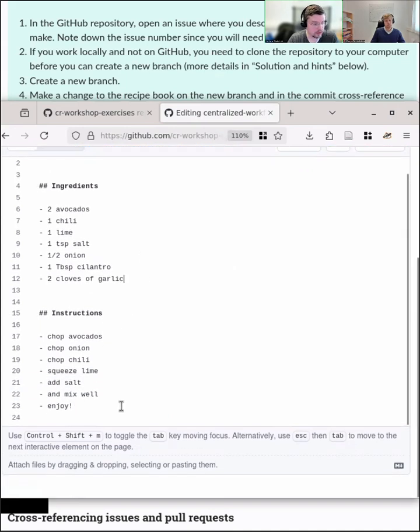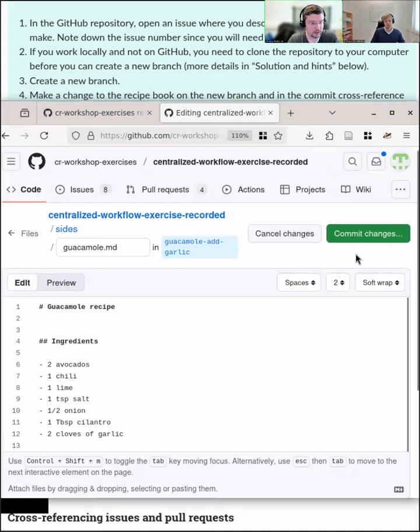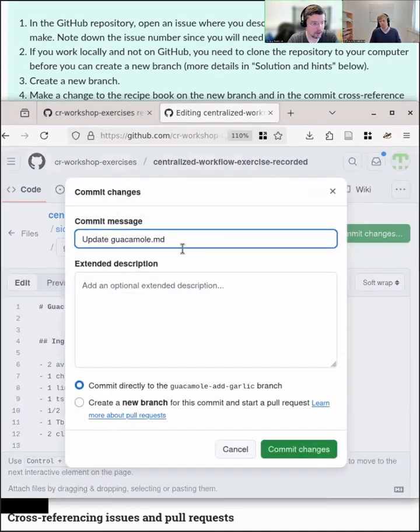And then additionally in the instructions, mince garlic. Okay, so there we go. And we can then go back up here and go to commit changes. And so then in our commit message, add garlic.